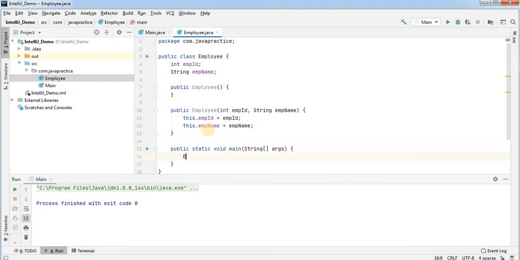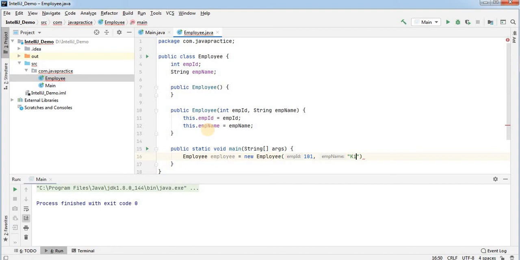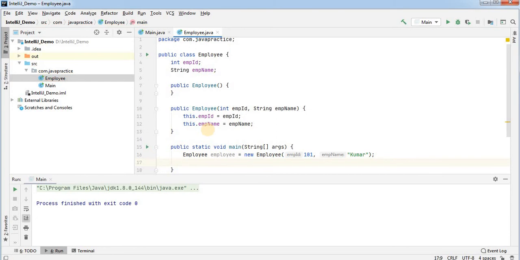Under this main method I am going to create this Employee class object, employee is equal to new Employee, and here I am providing 101 as the employee ID, and here I can provide Kumar, right?